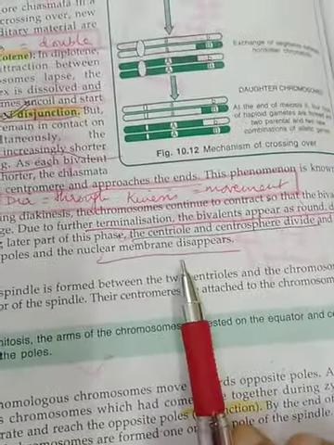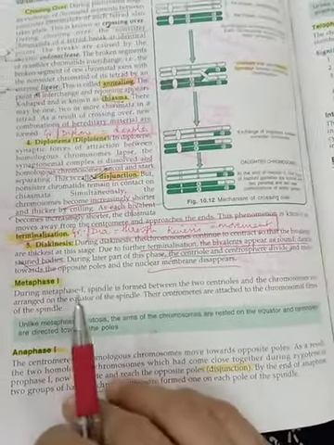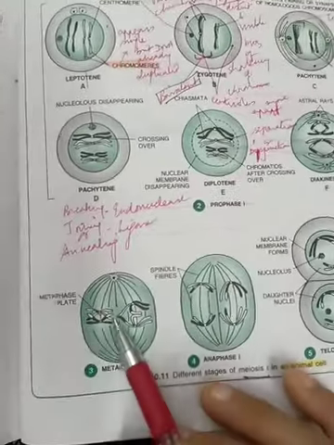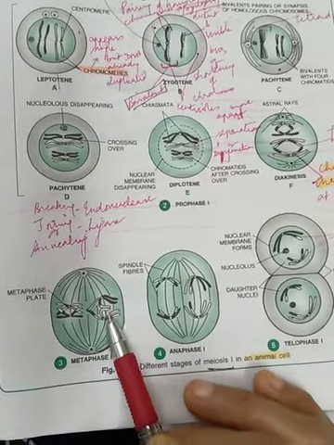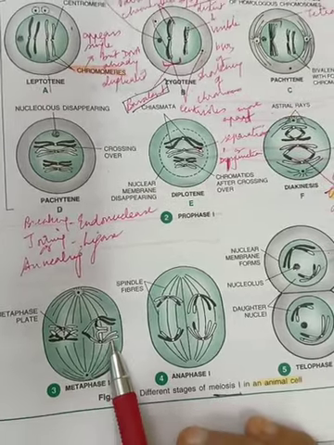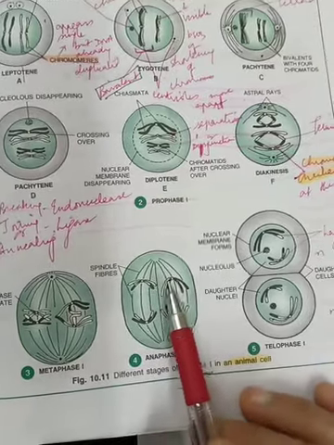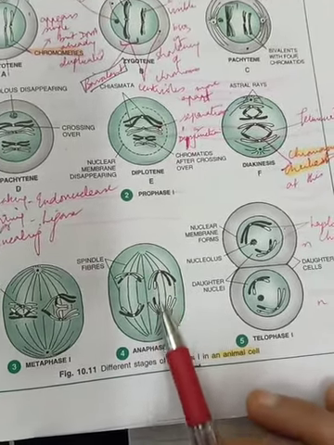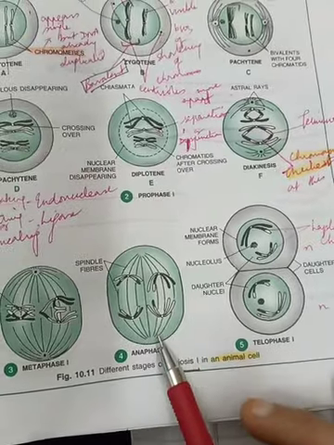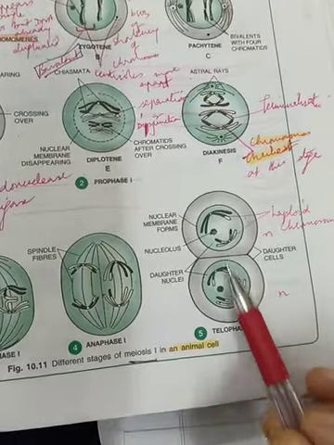So diakinesis we have understood up till here. Now let us see what happens after prophase. After prophase, the stages are simple: metaphase 1, anaphase 1 and telophase 1. In metaphase, there is an equatorial plate formation. This is different from mitosis, children, because here you can see there are paired chromosomes. In anaphase, you can see the spindles shrinking, and the chromosomes are now moving to the poles in groups. And in telophase, the nuclear membrane is back along with the nucleolus.